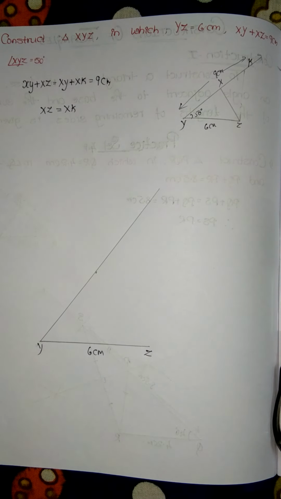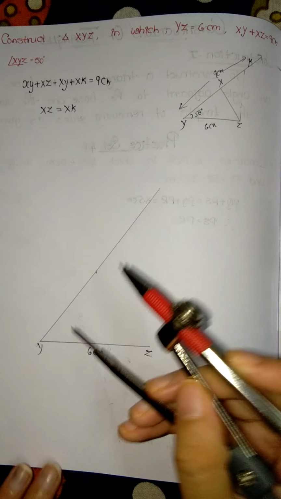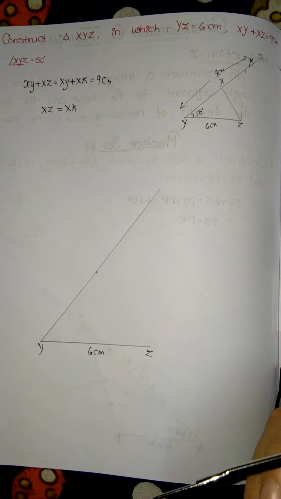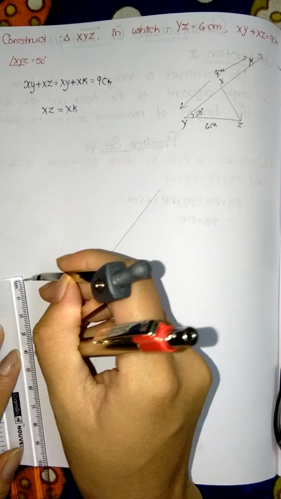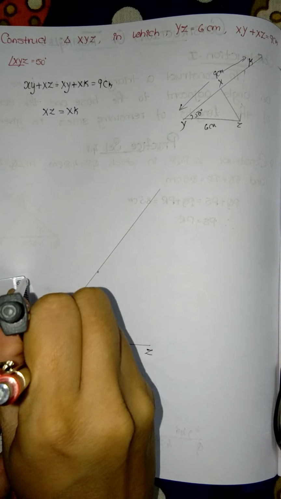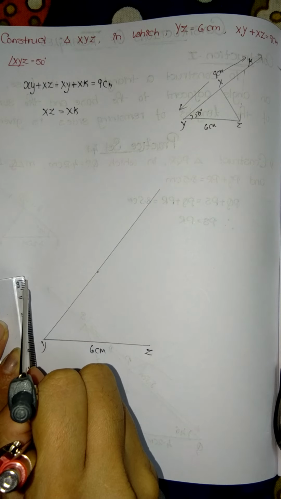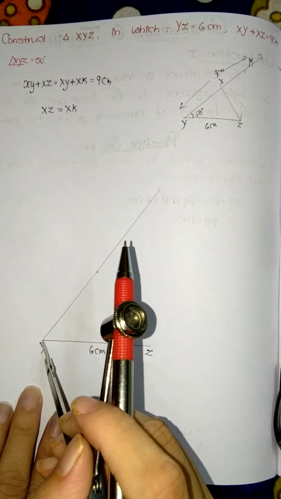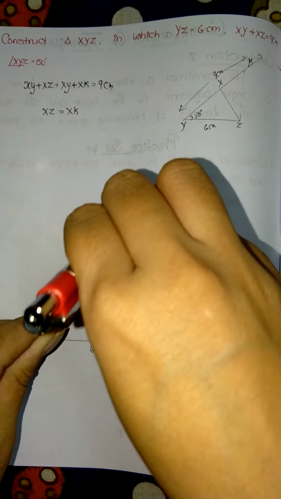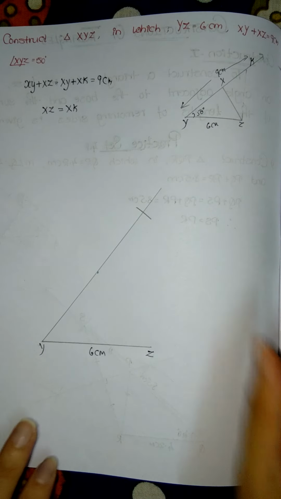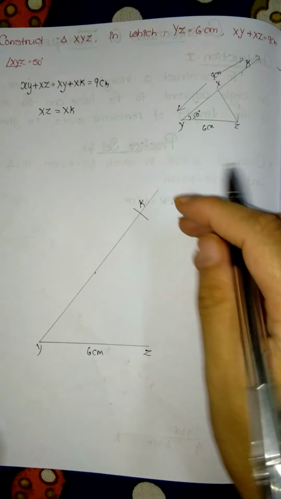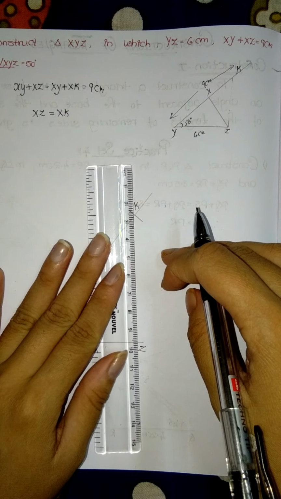We already know that the sum of XY plus XZ is 9 centimeter. So take the measurement of 9 centimeter, keep it in Y and cut the line and give the name as K. Now join K and Z